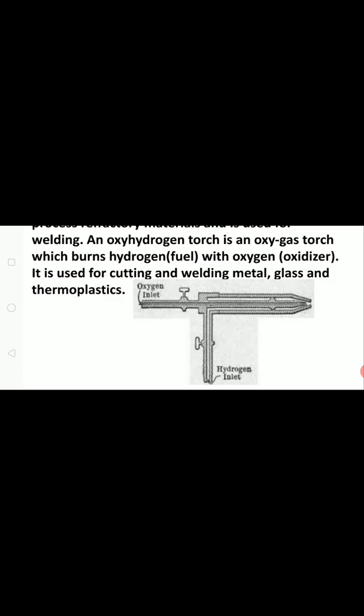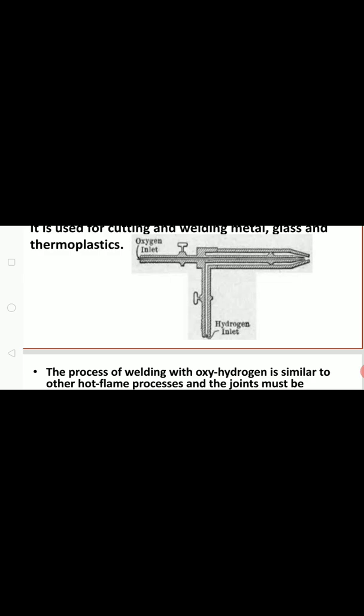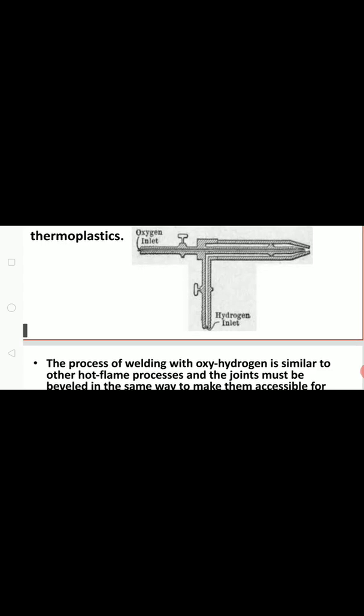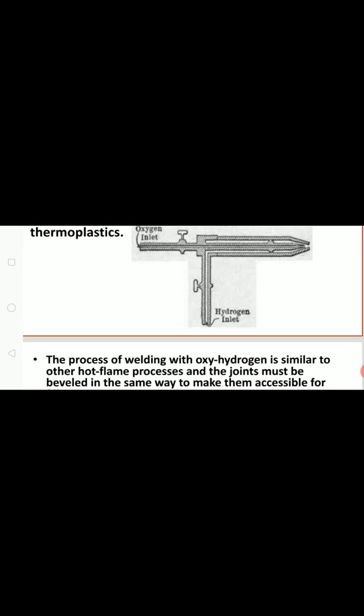The oxy-hydrogen torch is shown here. It is exactly similar to the oxy-acetylene torch, but oxygen is mixed with hydrogen gas in the required ratios and given a flame at the tip of the torch. When it ignites, it gives a desired flame exactly similar to oxy-acetylene welding. The flame is used for cutting refractories and harder materials. You can look at the picture of the torch in the figure: all the control valves and gauges are provided. They are used to control the flow of gases and obtain the desired flame at the tip of the torch.